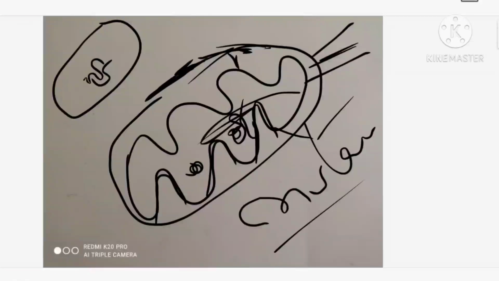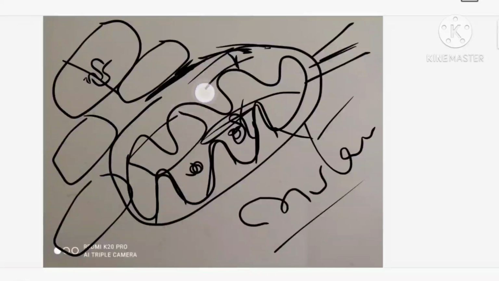The DNA will divide first, and from one mitochondria, how many mitochondria will be formed? Two. From these two mitochondria, how many will be formed? Four. Like this, the process of division we call fission. With the help of this fission the number of mitochondria increases. So whenever there is need for a large amount of energy production, mitochondria will self-replicate or self-duplicate within the cell. That's why they are called self-replicating bodies,